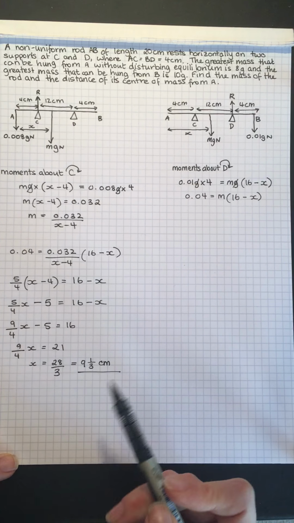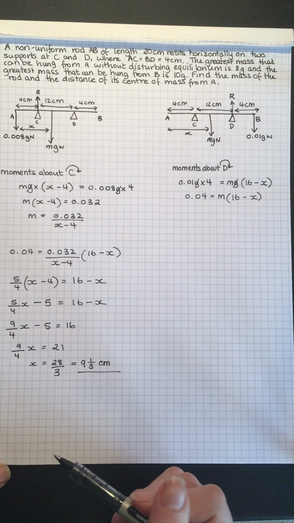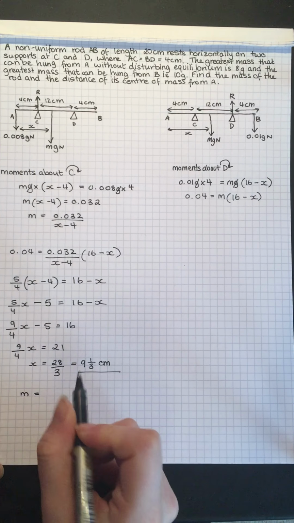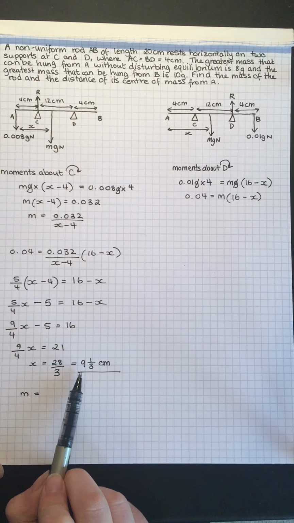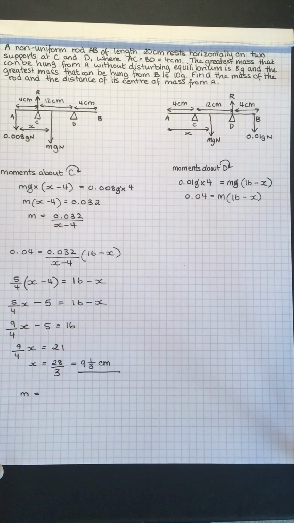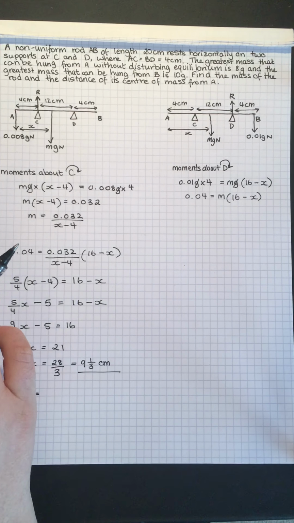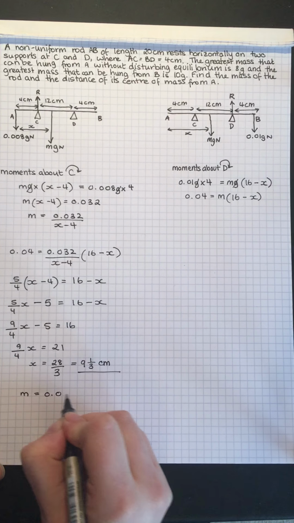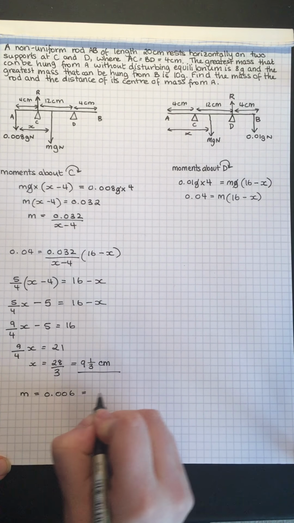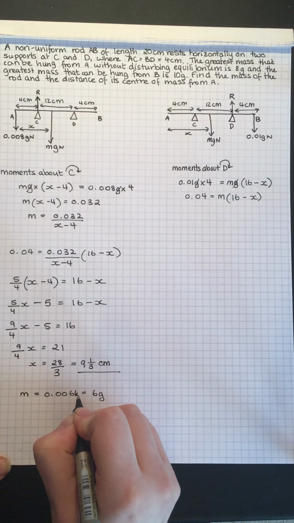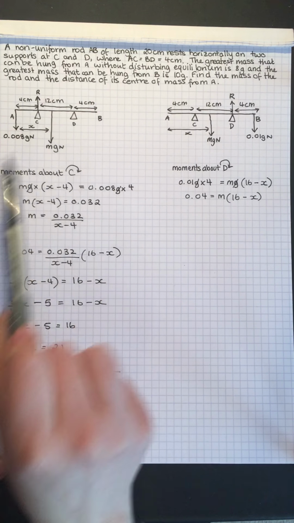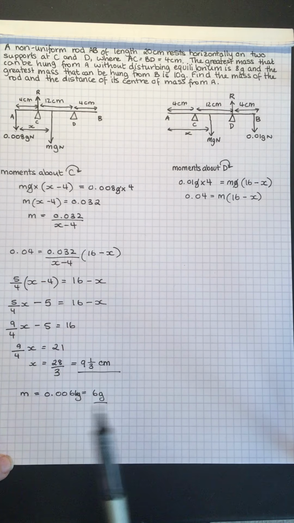We also needed to find the mass, so let's substitute that back in. Might as well substitute back into this one because it's already equals, so we're going to have 0.032 over 9 1/3 minus 4. So if I just minus 4, 0.032 divided by that, and I end up with a mass of 0.006, okay, which is 6 grams, because that was kilograms. Okay, so the mass of the rod is 6 grams, and it is 9 1/3 of centimetres away from